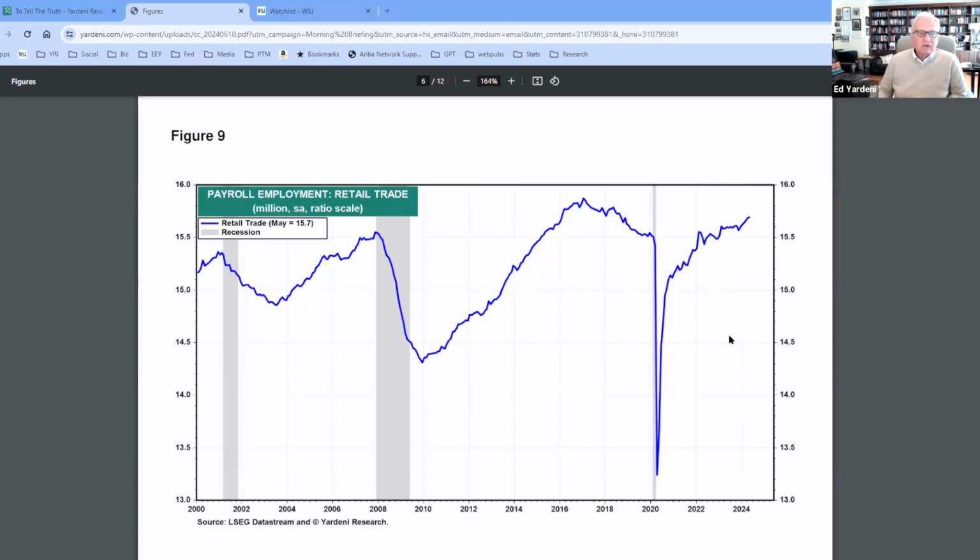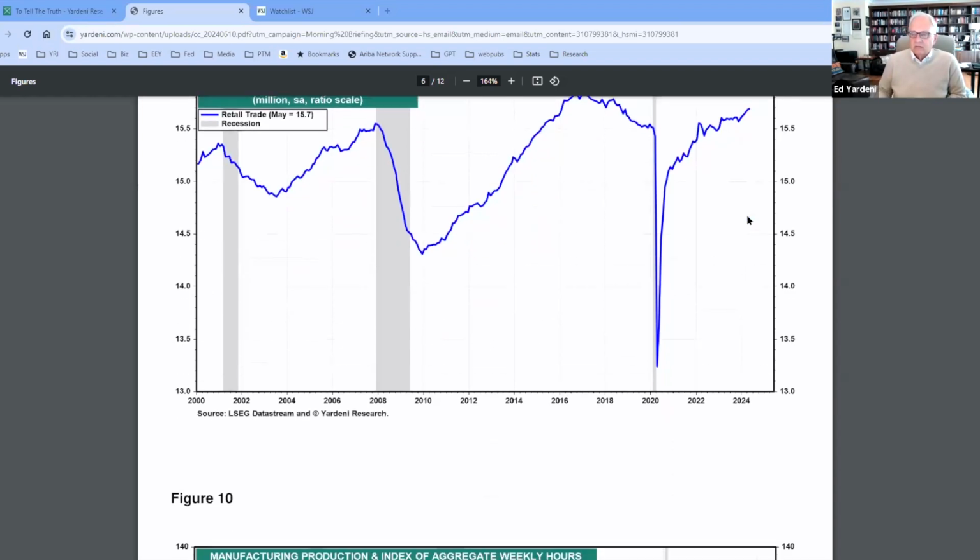We think that's an attractive rate relative to our inflation outlook, and we think it's a normal rate. We've normalized interest rates. I mentioned that retail sales should be strong, and we're looking for confirmation of that in the retail employment data. That was up, as you can see, so retail sales look like they're continuing to do better, even though the goods economy has been going sideways. Retailers are still expanding employment, which is kind of interesting.